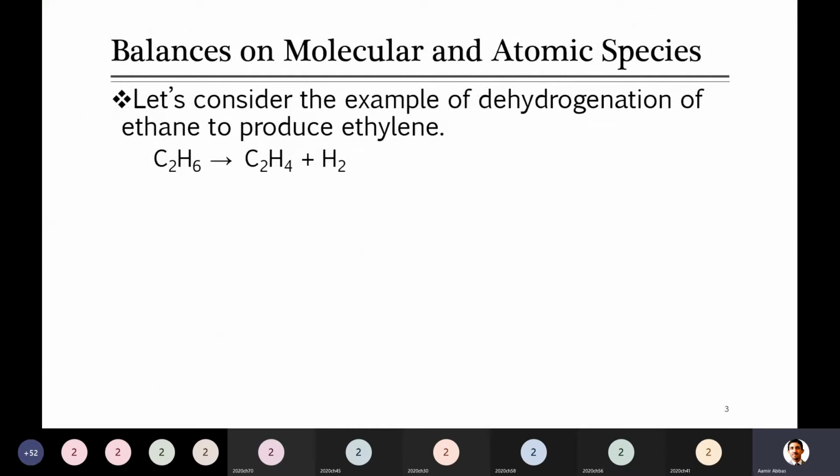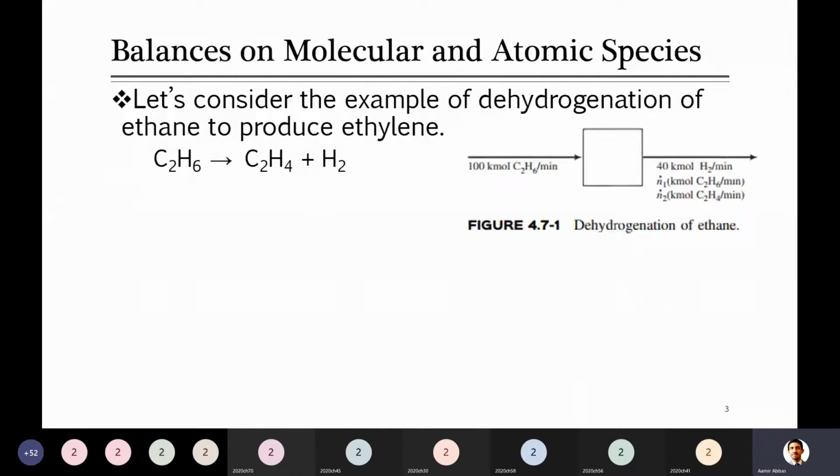For example, here there is an example of dehydrogenation of ethane to produce ethylene. I think we came across this example yesterday also, where you remove the hydrogen from this and you are unsaturating the hydrocarbon molecule. So this is the reactor in which you can see that the only feed is ethane, which is entering the reactor. Inside the reactor, in the presence of a catalyst or by any other means, this reaction takes place, that is, dehydrogenation of ethane occurs and ethylene is produced.